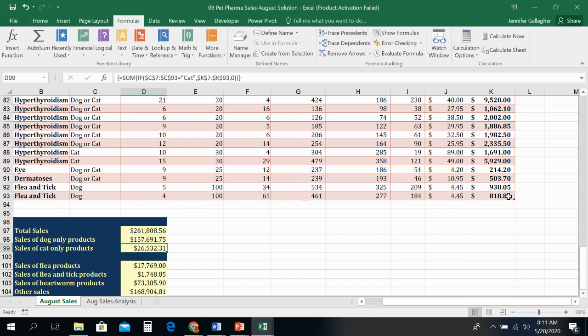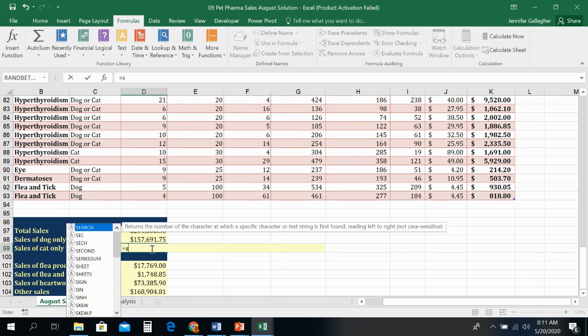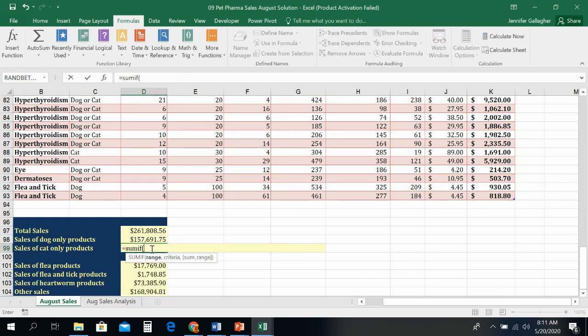Now I could go ahead and do that same thing for cat. Or if I was thinking, I could just technically fill this down because everything is the same except for the word dog would be cat. And I end up with, what is it, $26,532.31. But if I wanted more practice, I would do equals SUMIF, left parenthesis, referencing the drug sales